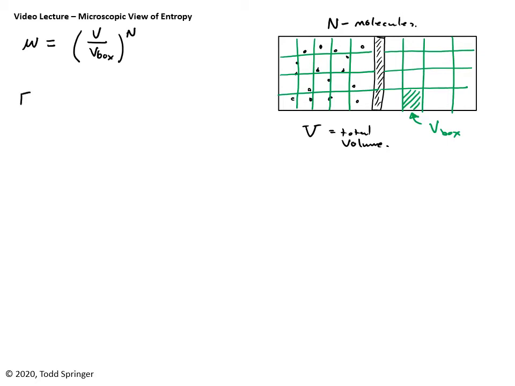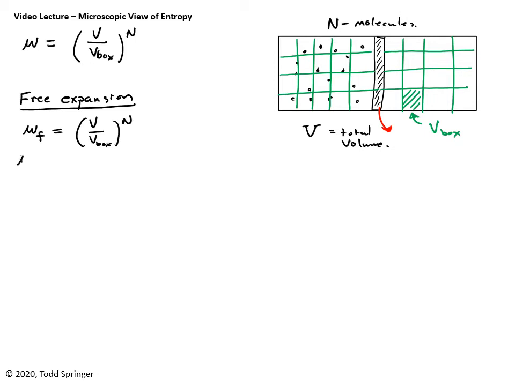So now let's consider the free expansion. Let's do our favorite experiment, which is you have the gas confined into one side of the container, and then at some time you remove the partition and you allow the gas to expand. What happens to the multiplicity? What happens to the number of ways that you can arrange the gas molecules in here? Well, hopefully it makes sense it's going to go up, because you have more places for the gas molecules to be after you allow it to expand. So omega final, that's after the expansion, is V final divided by V box, to the n.